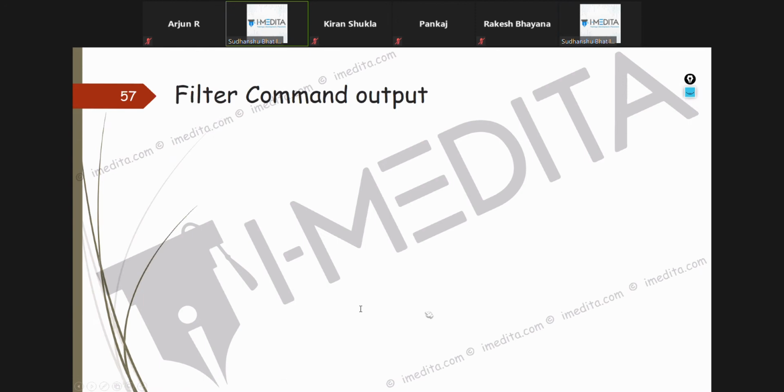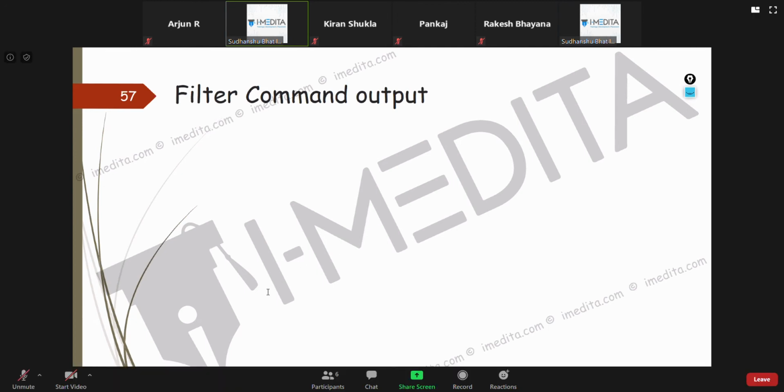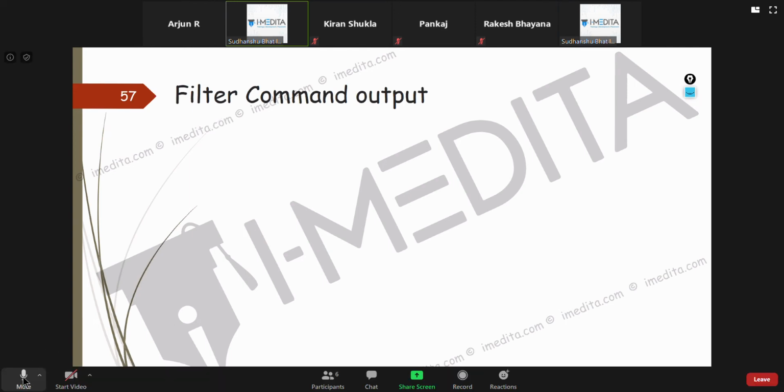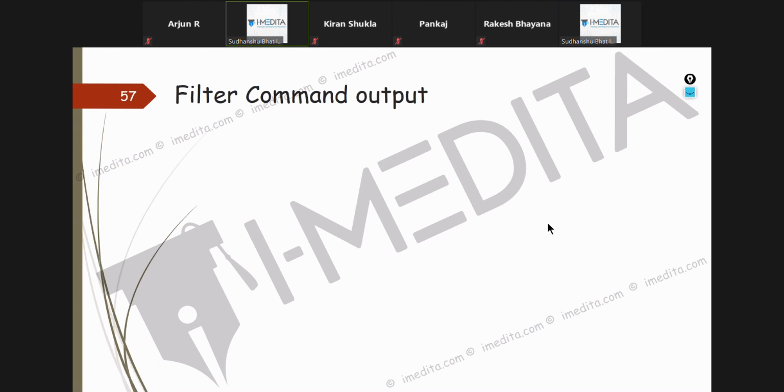Also, when you are doing things on Cisco, sometimes you filter the output, like you give show ip interface brief or show run section OSPF, right? Have you given those commands? Never? Okay. So just like that, we have these filter command outputs from here as well.